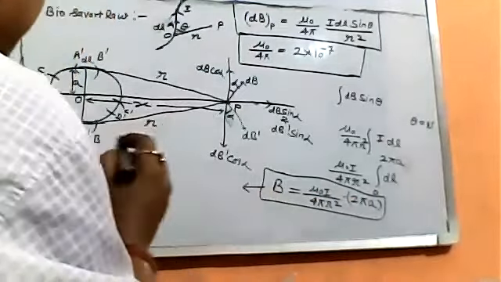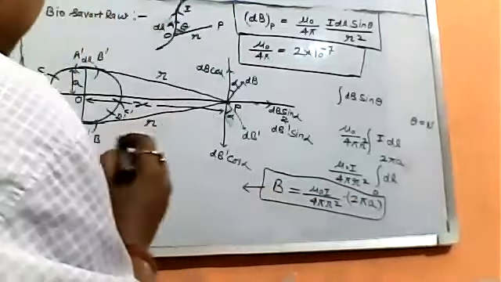So the final formula becomes B equal to mu naught upon 4 pi, pi a square into I divided by a square plus x square, and in place of r, we will write again a square plus x square under root. Means we will not find the answer in the form of r, we will find the answer in the form of a,